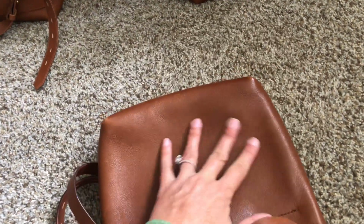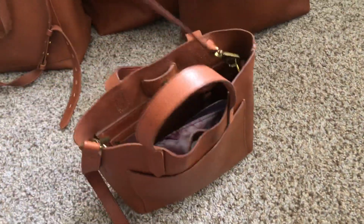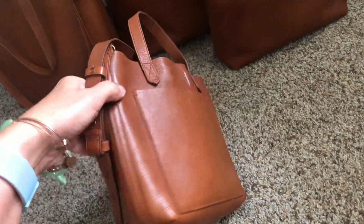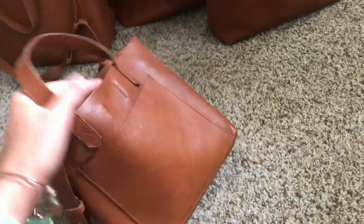I don't know if she's actually treated it or not. I didn't think to even ask her at the time, but I love this bag. It's just nice. It's flexible. The leather feels great. Just a great little bag. So I'll put that one aside, and then